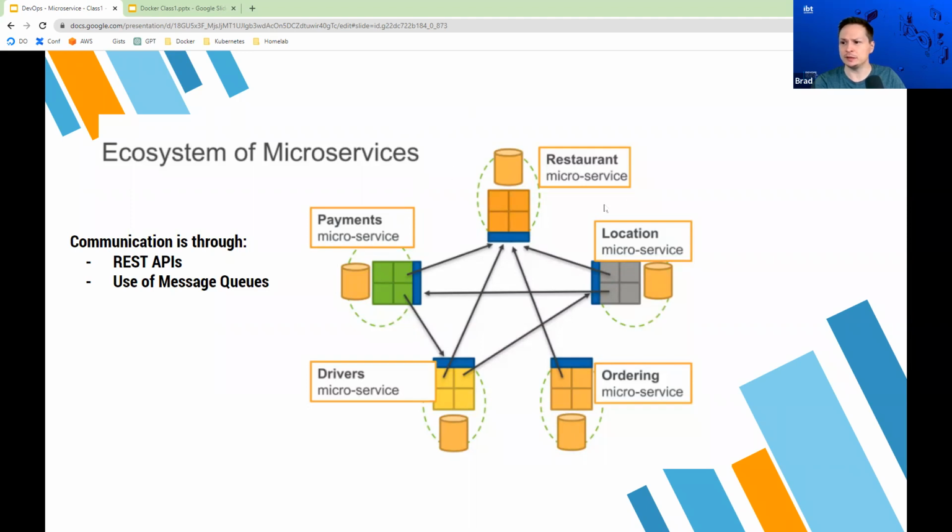You could update the restaurant application hundreds, thousands of times a day if they wanted, right? Do bug fixes, whatever they want. And none of these other microservices would care, as long as they can call the public API and have the information they request presented in a format they expect, then everything is going to work in the application.